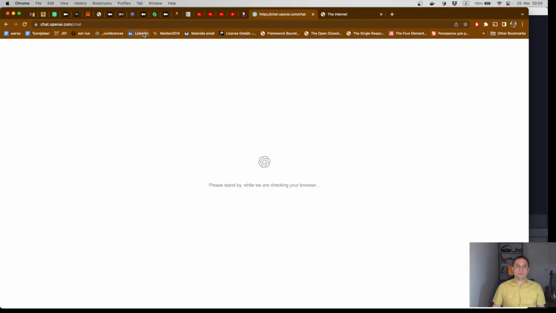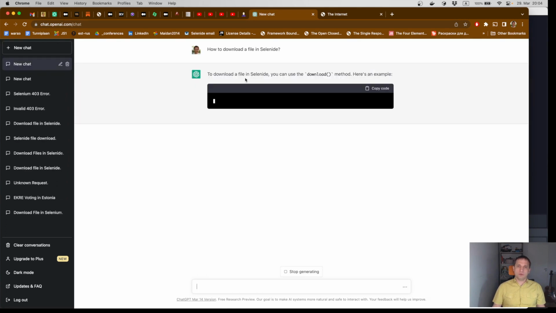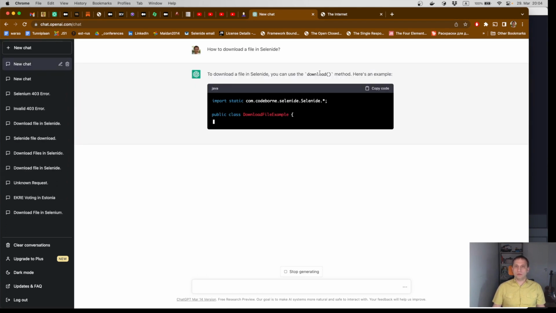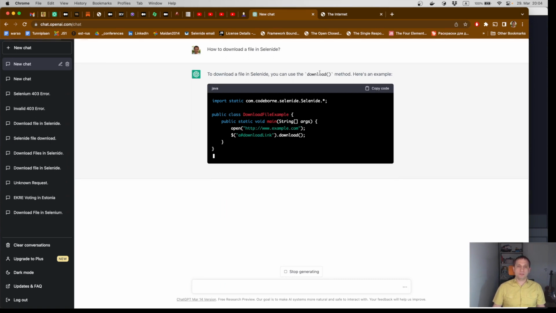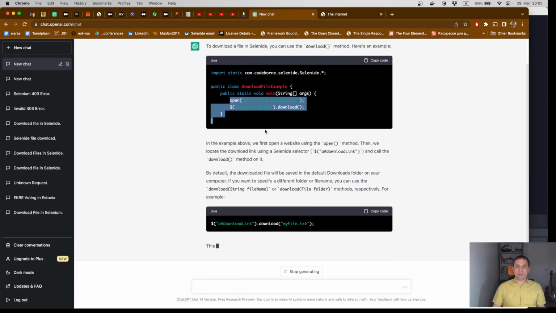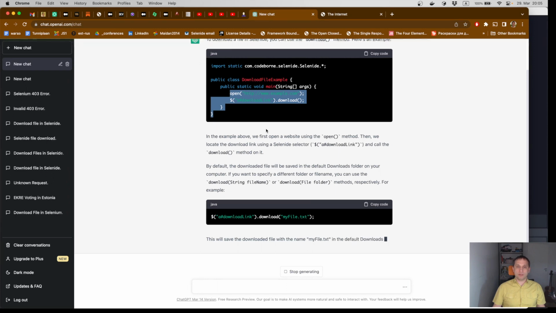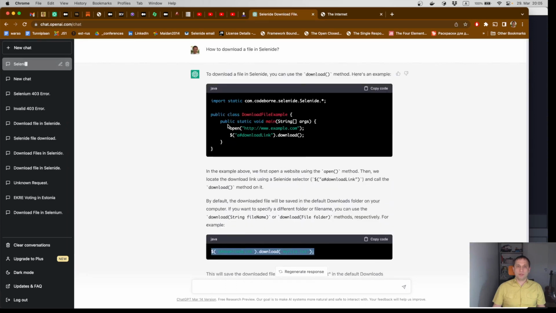All these questions are complex. So let's try. Let's try to ask ChatGPT how to download a file in Selenide. Okay, to download a file, you need to call download method. Yeah, it sounds reasonable initially. Initially it suggests to call a download method, but it doesn't answer how to find this file later. Now chat suggests you to call the method downloads with the name of file. Okay, let's see. Let's try it.